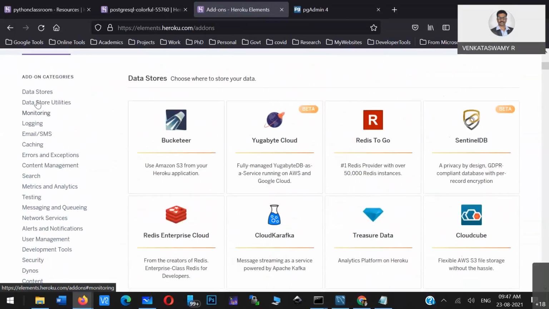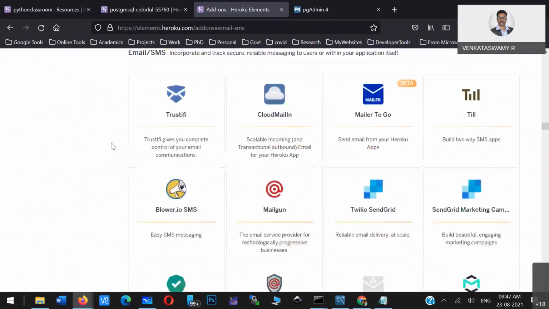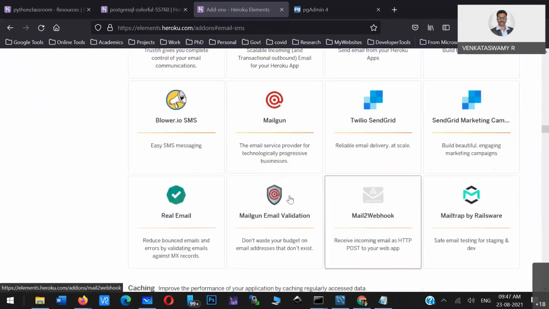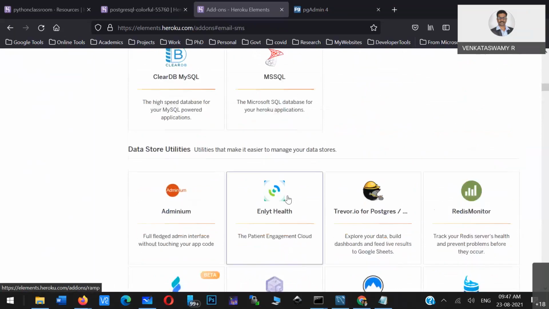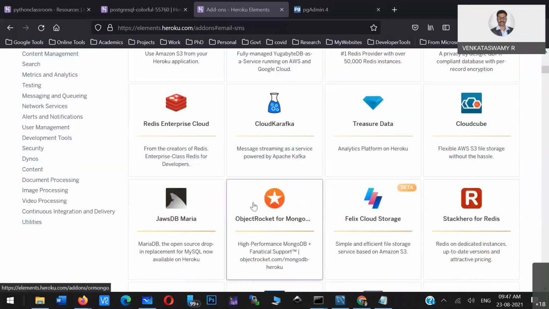Say for example, email. If you go to email, they have email service providers, marketing tools, and all the email services, SMTPs, all those things. Then data analytics toolbox, databases, image processing, video processing, whatnot.